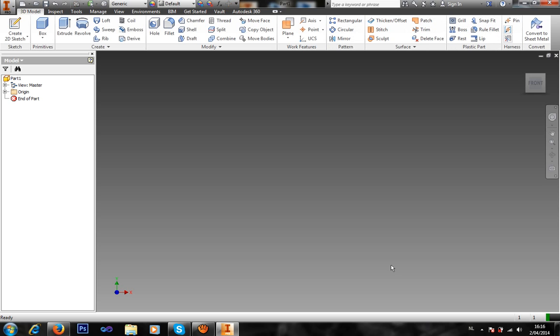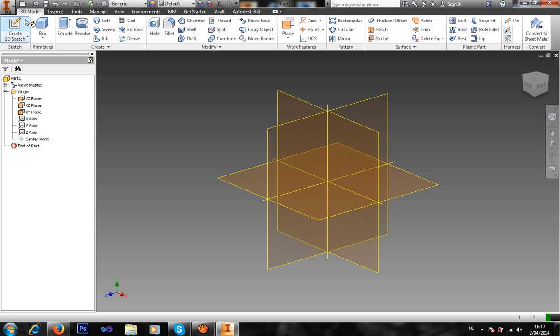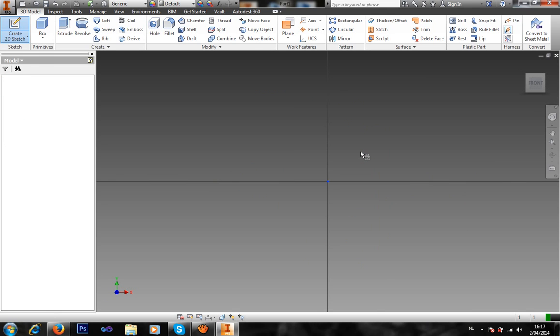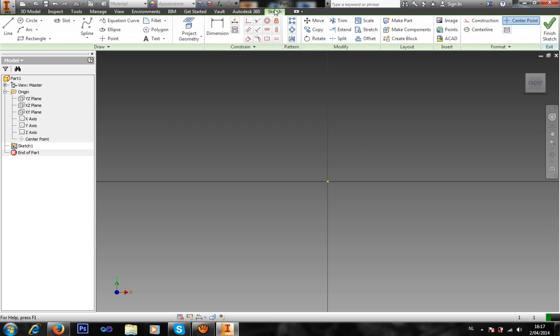So when your part's created, it will have no name except for Part 1. Well, it's the default name, and you see literally nothing. You've got a blank screen. So what you're gonna do is always create a 2D sketch and pick whatever plane you see fit to use. Now we're in sketch mode, so